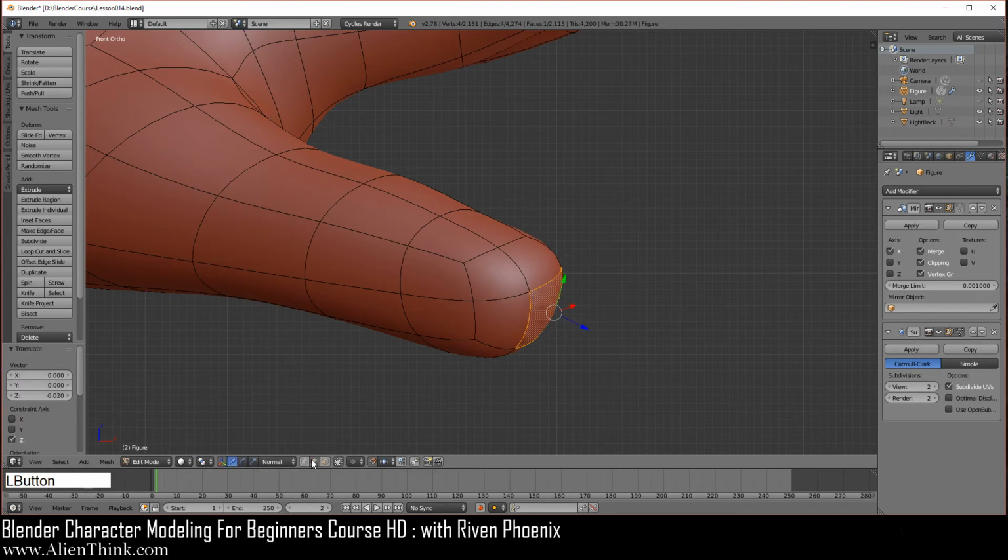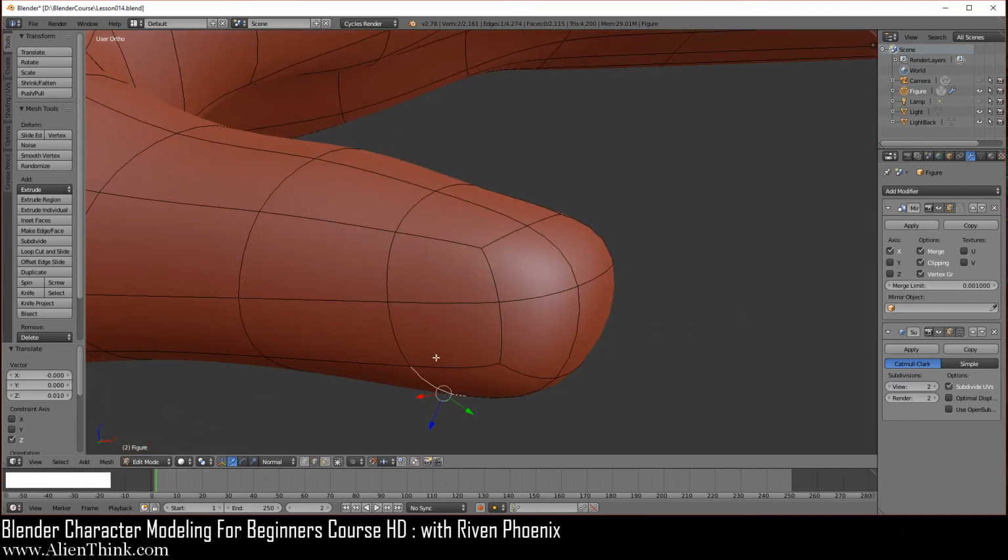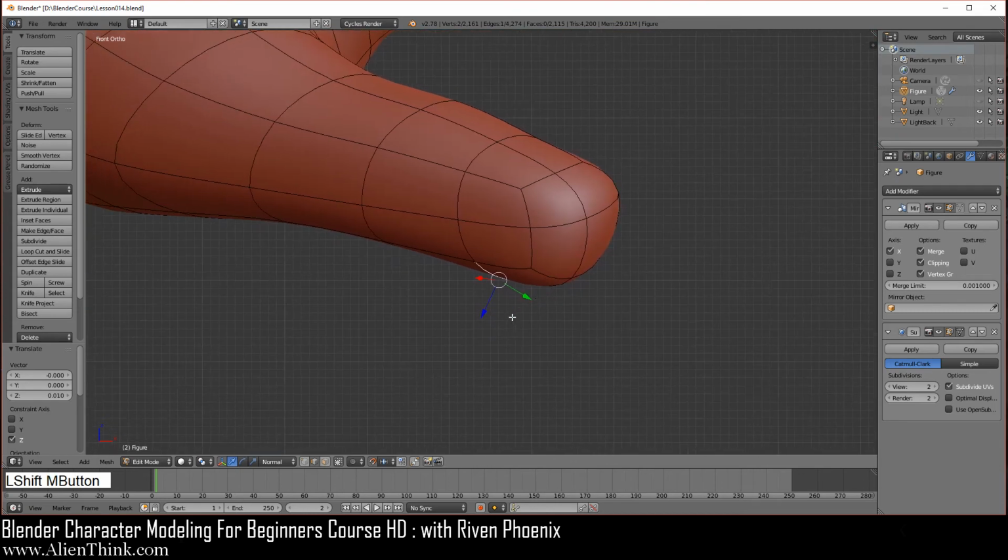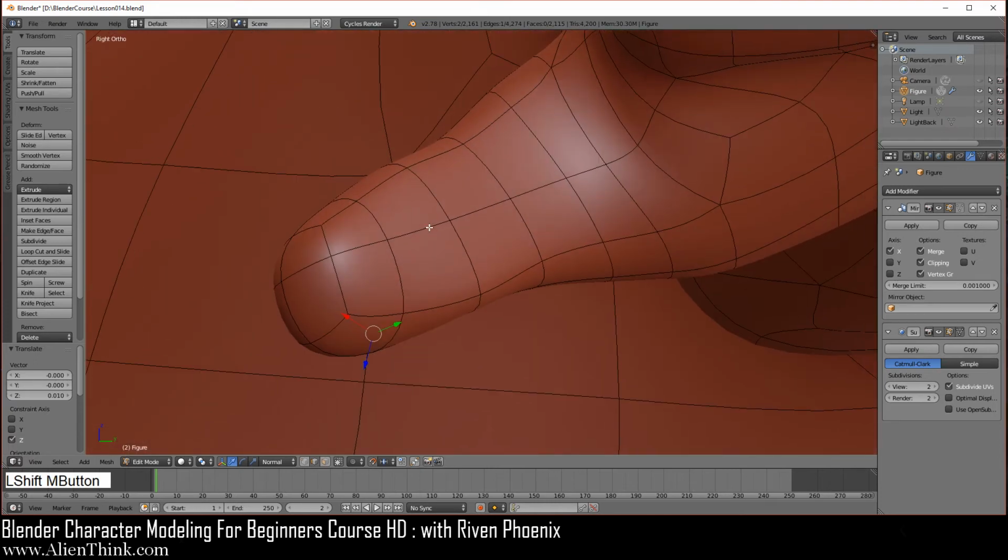I'm going to switch to the edge select mode, click on this edge and bring this out 1 time. Click on this edge right over here. See this? And you have to be in your front view over here in the smaller grid units, and you're going to bring this out 1 and then 2, and click on this one and just bring it out 1 time over here. And now we're going to go to the right view over here and then right click this one, click on this blue arrow and do 1, 2, 3, 4 and then 5. Okay, then click on this one, do 1 and then 2 on the blue arrow.